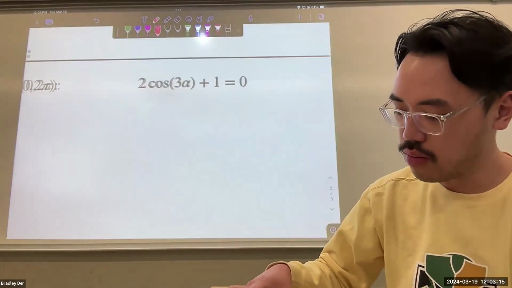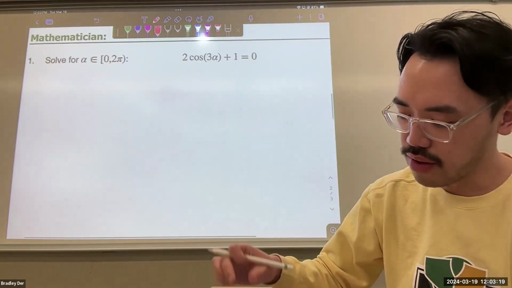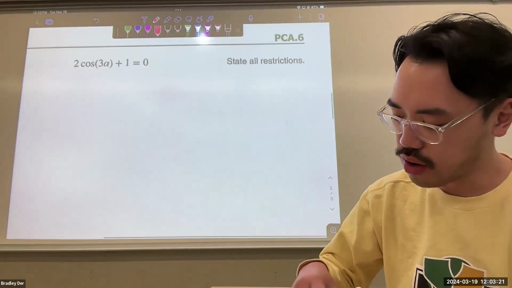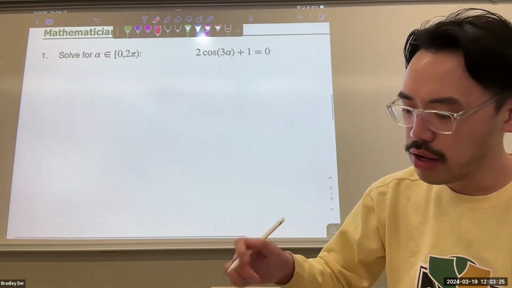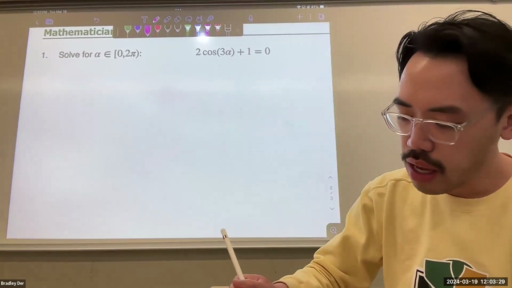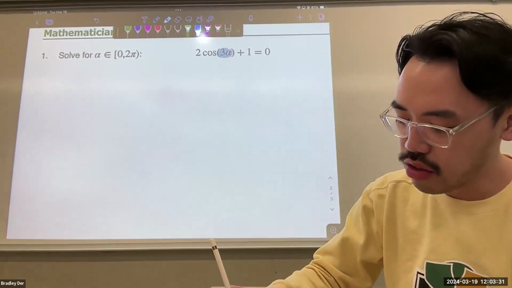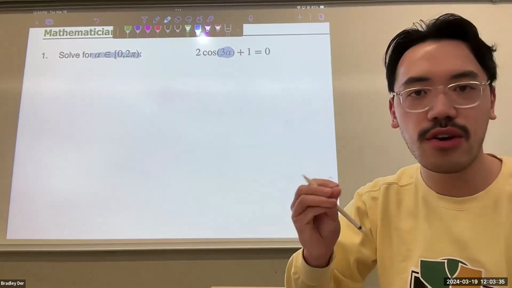All right. So we've got 2 cosine of 3 alpha plus 1 is equal to 0. No restrictions necessary here because we're just dealing with cosine. So I'm actually going to start with what I think the harder part is first, now that we've seen it. If we're going to be tackling a 3 alpha, but I still want a single alpha to end up between 0 and 2 pi,